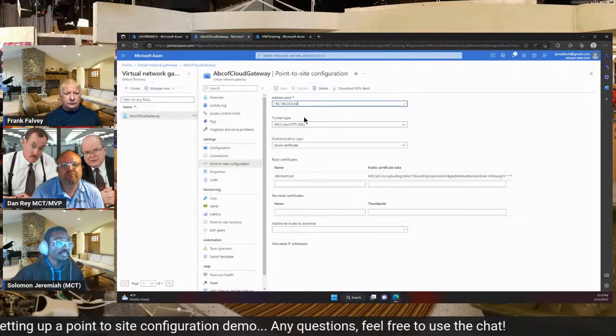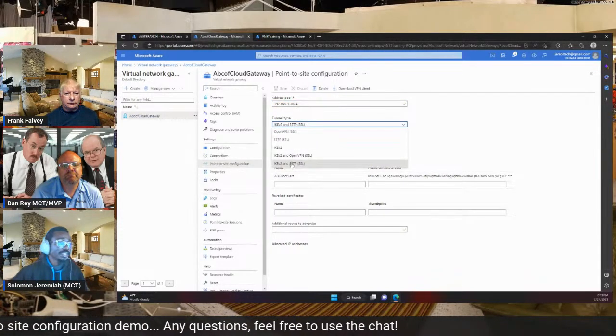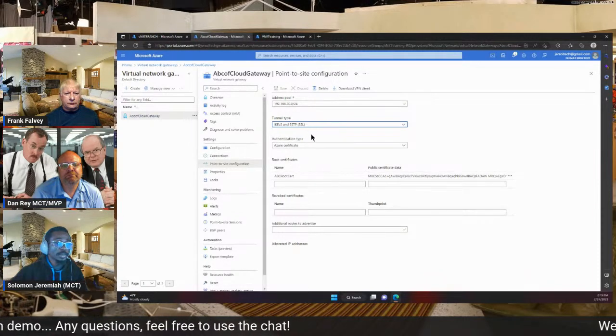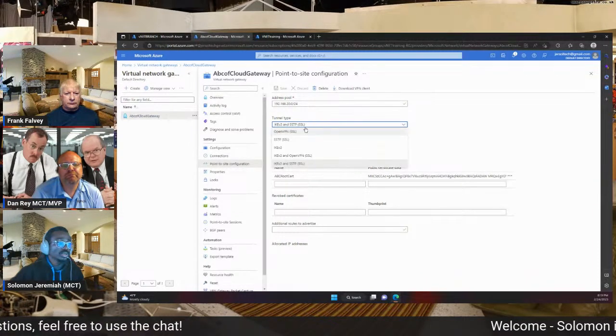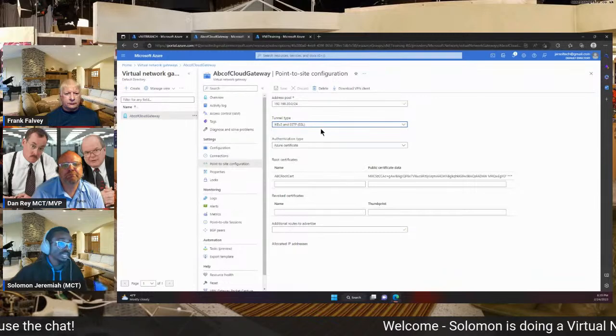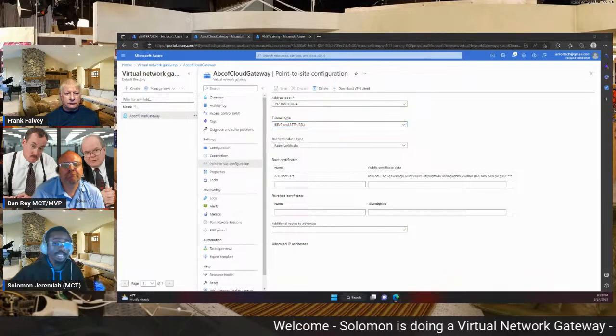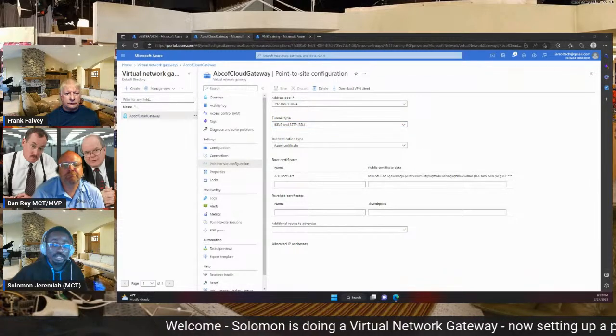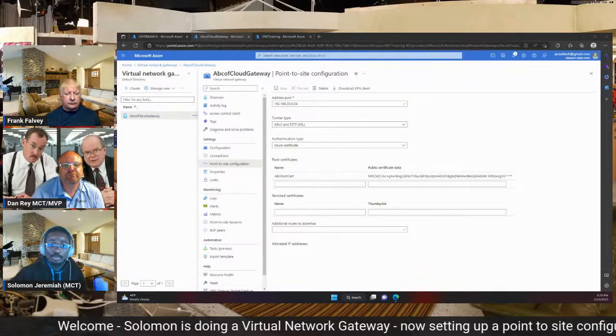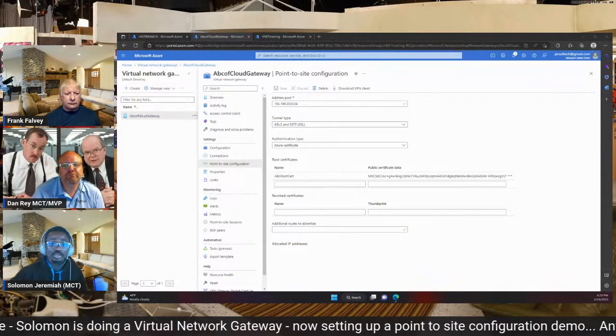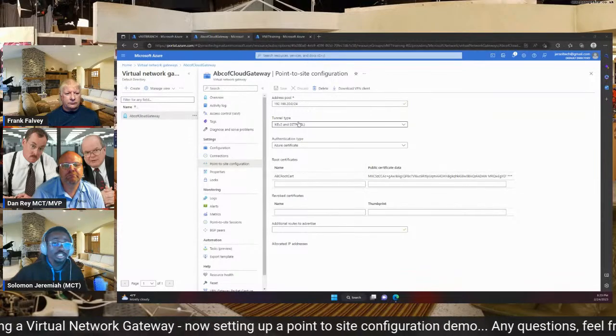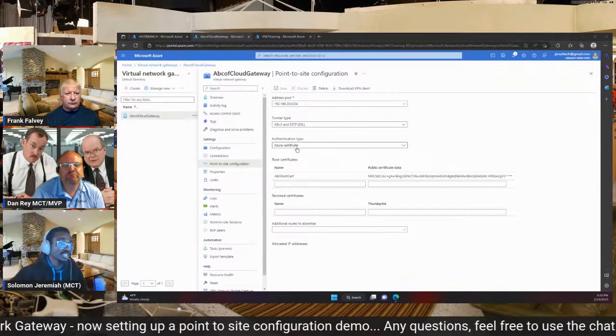And then for the tunneling type, I selected this. So there are different tunneling types that you can select. We have the Open VPN there. And apart from that, if we go to Microsoft's website, there are also documentations on each of these tunneling types and authentication types, because